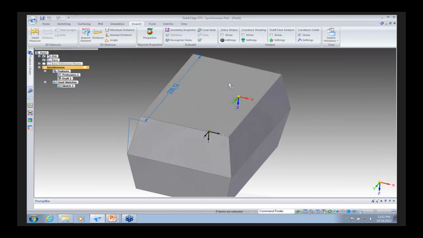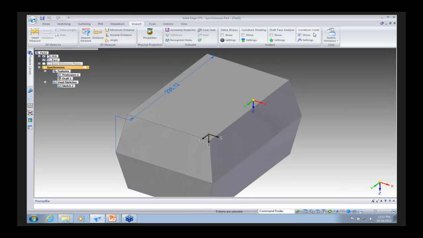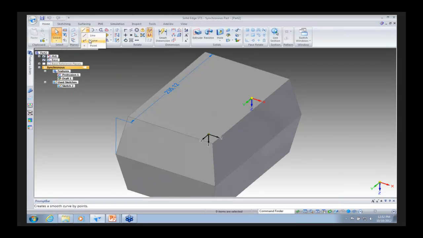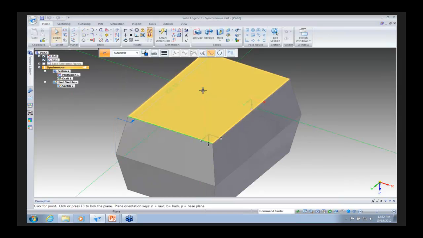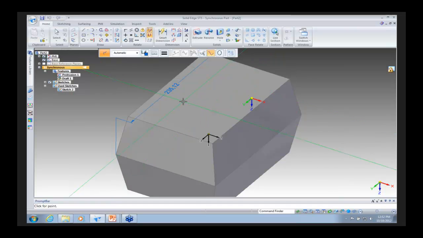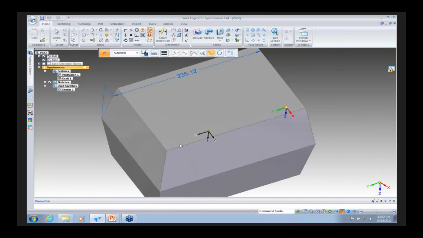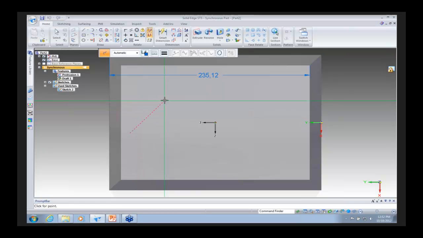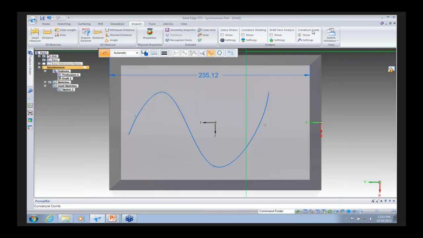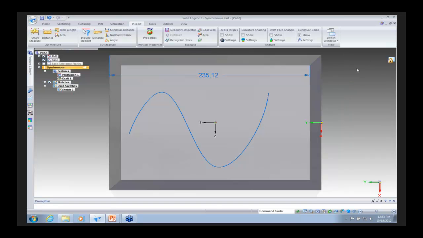Now we'll go ahead and look at this curvature cone. So for that, what I need to do is come in here, and on this top face we'll go ahead and lock to the plane, and I'm just going to draw what's supposed to look somewhat like just a simple sine curve. And we'll go ahead, come back, you see I have it turned on. So now